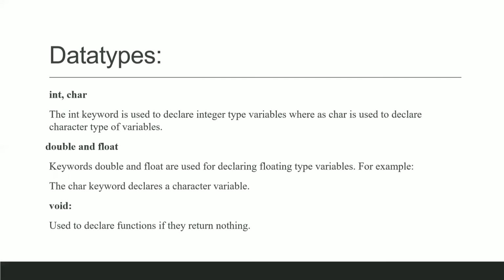Next are the data types. We have already discussed about all the data types and modifiers in C in data types in C video. So we'll look fastly what are the keywords used in data types. Okay. So int, char, double, float and void are used to declare the type of the variables. For example, int is used to declare integer variables and char is used to declare characters, and double and float are used to declare the decimal type of values with difference in precision, and void is used if the data type is nothing.